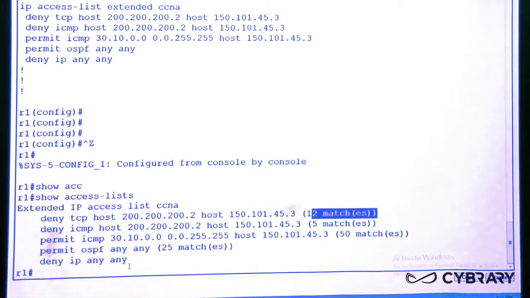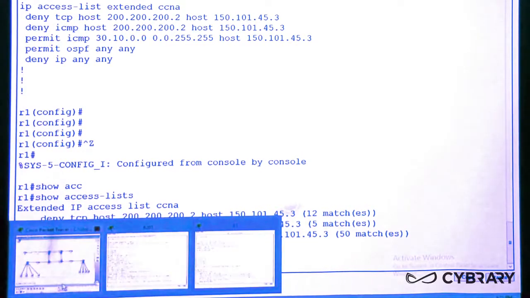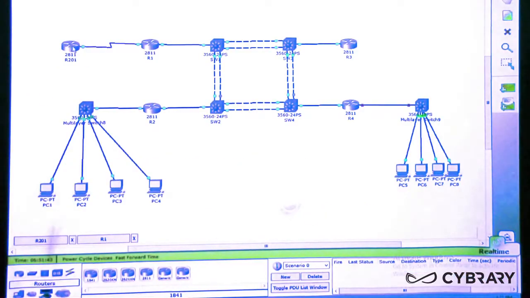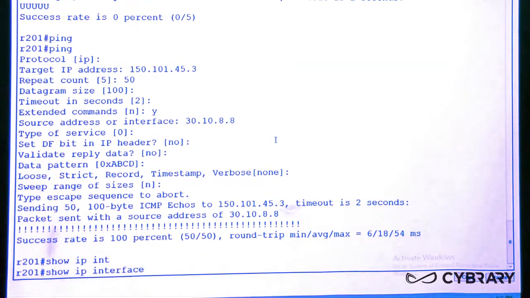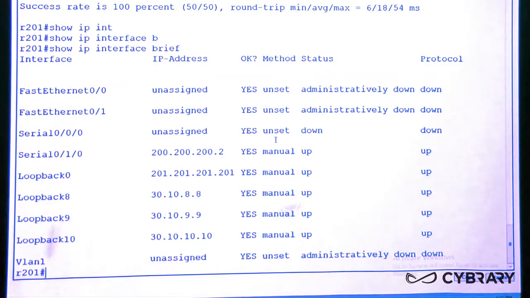Now, the deny ip any does not have any hits because we did not test any commands that would deny me access. So I could possibly go to router 201 and do show ip interface brief and include my loopback 0 address, which is